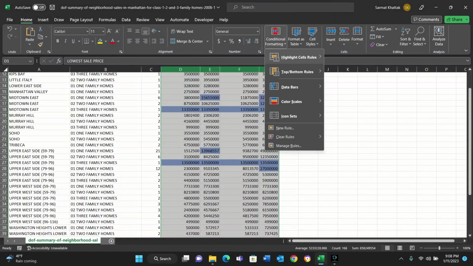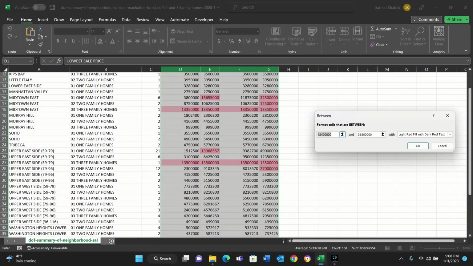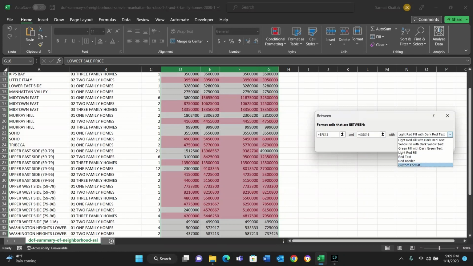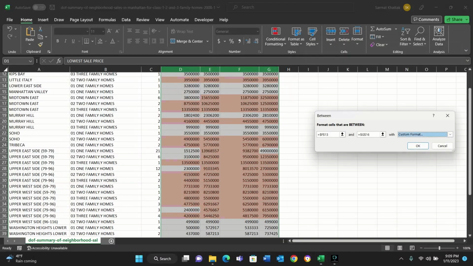And now I want to create another rule. Well, apply another rule that is similar. It's between, but now I want to change the number. So I want to choose this one. And then from here, I want to choose this one. Let's see. Yeah, I want to choose this one. I want to make sure they're okay. And I want to make them custom again. Orange. Here we go. So it seems like some of the rules that we applied to the previous one are